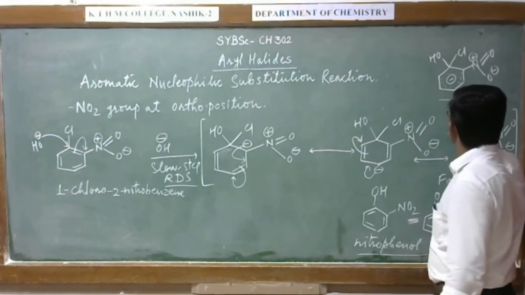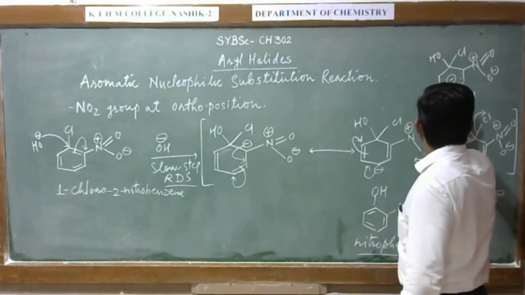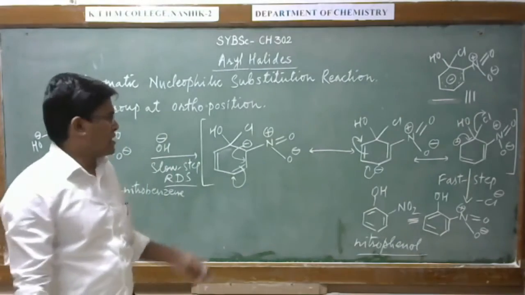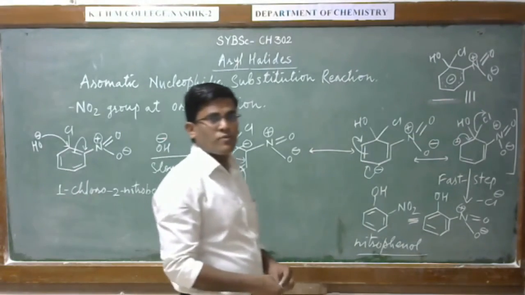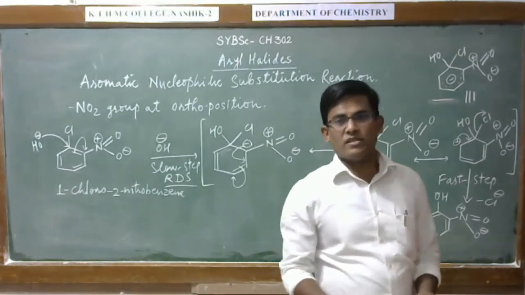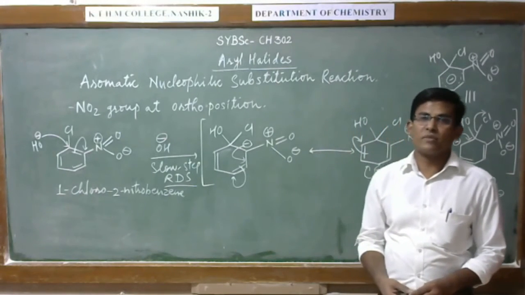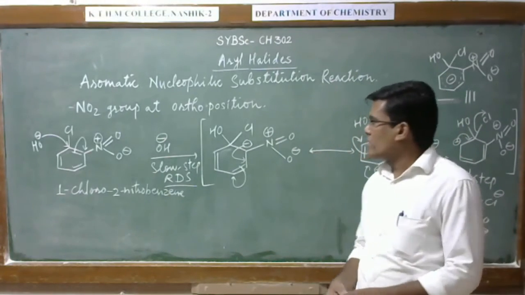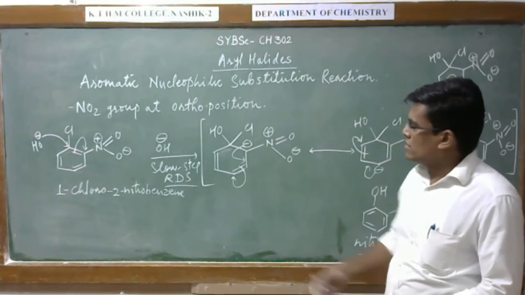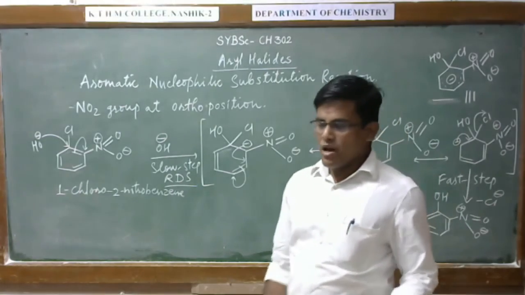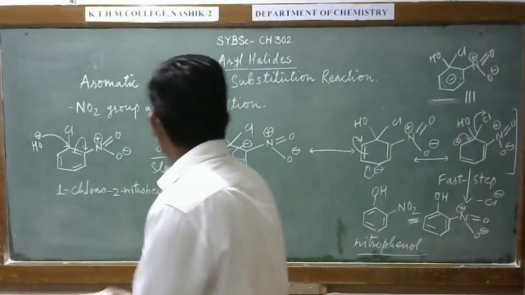So in this way, this electron withdrawing group, for example the nitro group, plays an important role in these aromatic nucleophilic substitution reactions. So here the nitro group is present at the ortho position, but when you have it at the para position,